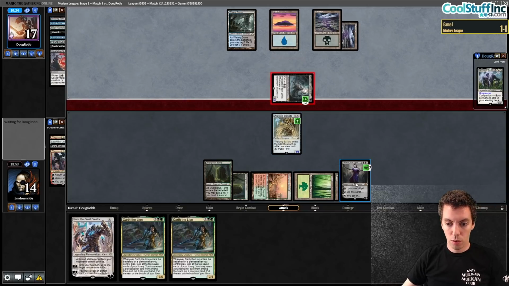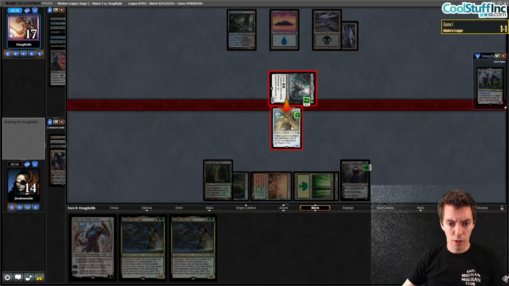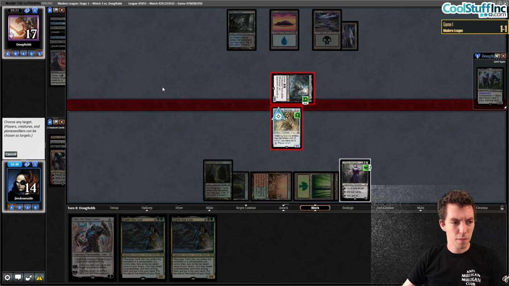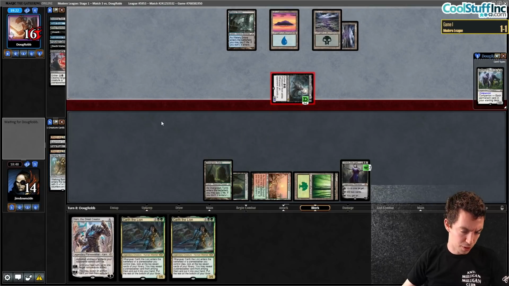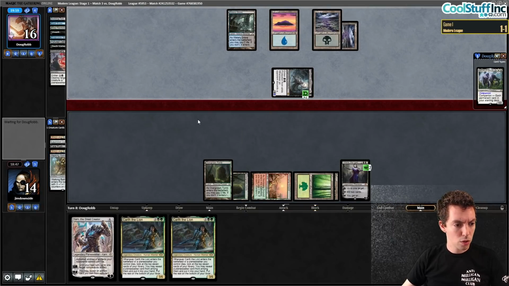So we're gonna block here. I'd rather have Liliana and play with a Ballista on 1, so there's no way in hell I'm gonna pump Ballista next turn. It's not how I'm gonna use my mana. Alright, so